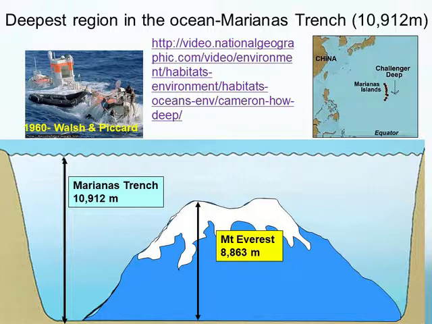The deepest part of the Marianas Trench is known as the Challenger Deep, and that's at about 11,000 meters deep. And when we superimpose Mount Everest into the trench, you can see that it's completely engulfed by the trench itself. Like, no part of Mount Everest pops up above the water surface. That is how deep the Marianas Trench is, and that is how much we don't know about what lives in